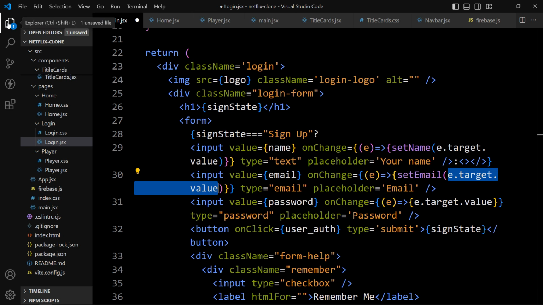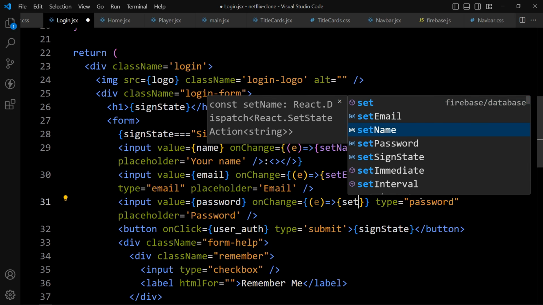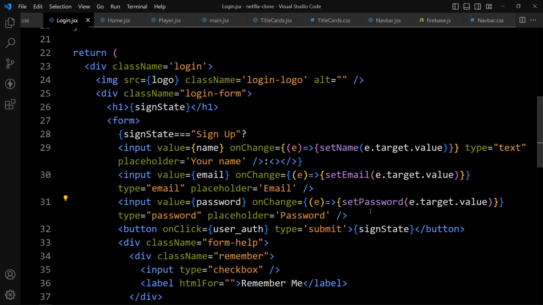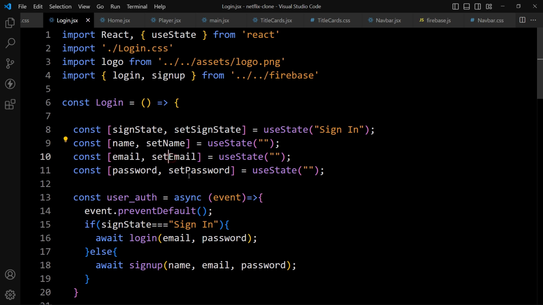Let me expand this so you can see clearly. onChange e setName e.target.value, here setEmail e.target.value, and here replace this, it will be setPassword and provide e.target.value. That's it. Now it will update the state variable data, correct? After adding this, now we can create an account and we can log in on our web page and we can log out from the web page.